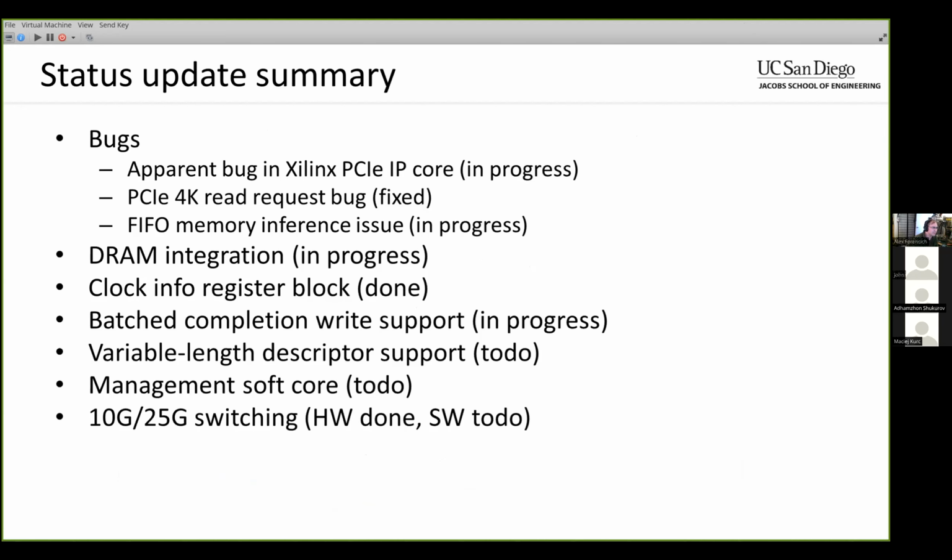So, first off, there's a couple of minor bugs that I'm working on and a couple that have been fixed. I'm going to talk a little bit about the DRAM integration that's now in the main repo and a couple things that I'm hoping to do in relation to that going forward. The clock information register block, I finally got that knocked out off the to-do list. That's implemented and I think it's in the main repository. If not, it'll be there soon. So I'll talk about that a little bit and then everything else is